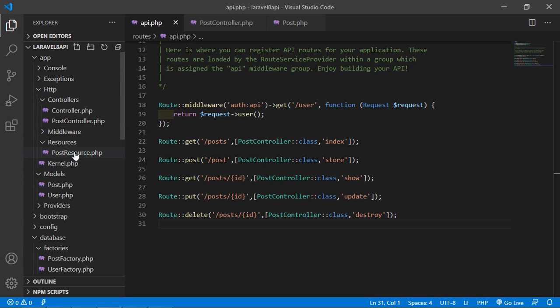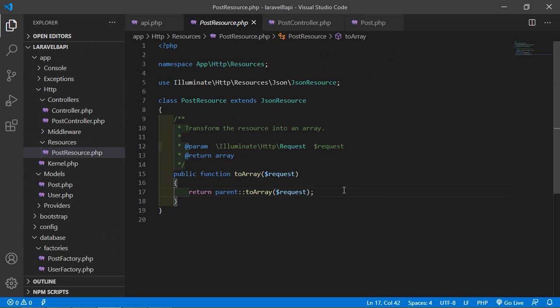So just open the post resources and, first of all, comment this out and write return.